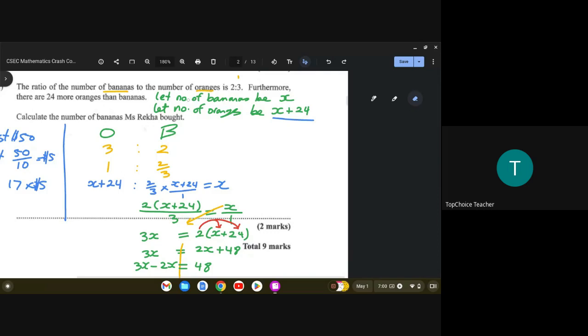I let the number of bananas be x, and the number of oranges be x add 24, because there are 24 more oranges than bananas. Because I have a ratio, I put oranges first, and they told us that for every 3 oranges she bought, 2 bananas. So that would mean if she had bought x plus 24 oranges,